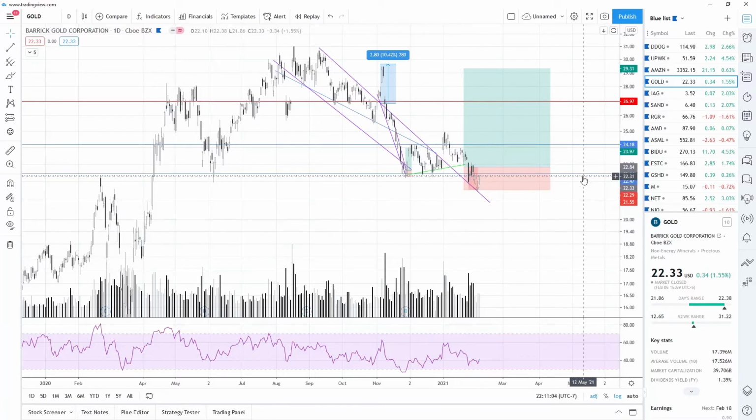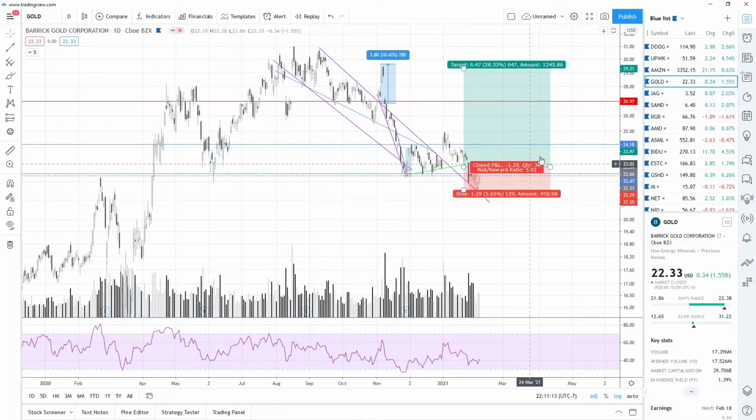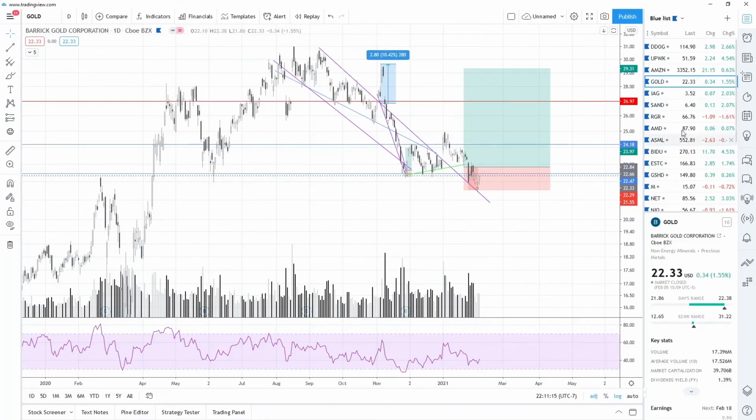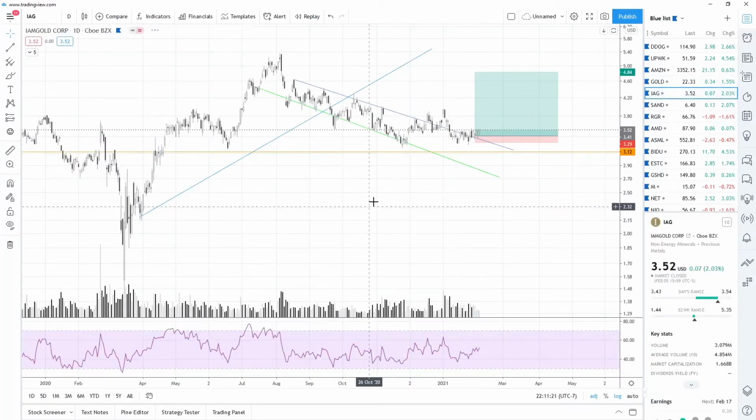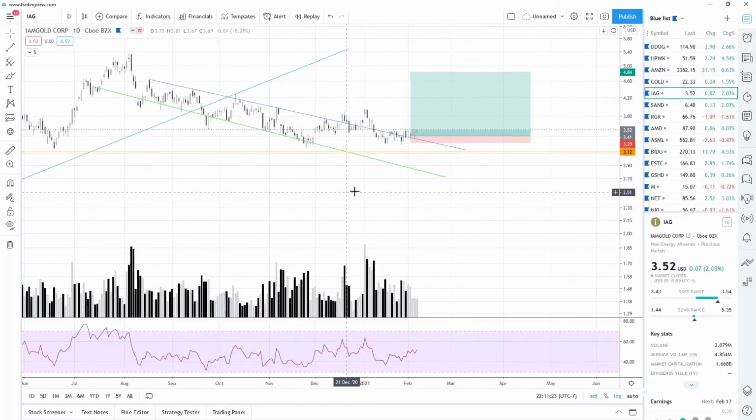So right now, I think it's probably still a good area to go long and see if it continues upward. If not, and it has a downturn again, I'd be probably second guessing the trade and having to reevaluate it. IAG, this is in a similar